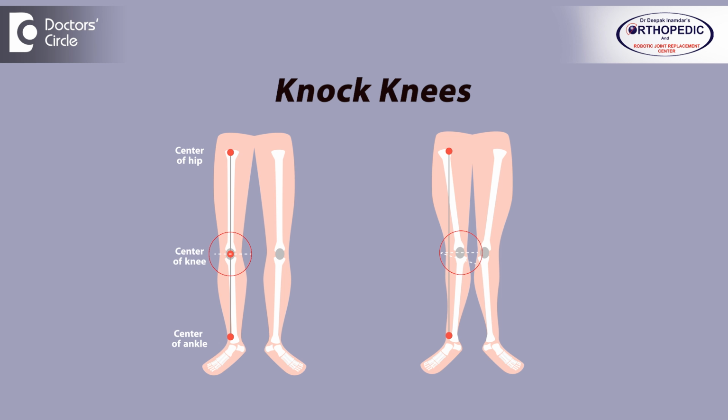The deformities which are commonly seen in arthritis are called either bow legs, which is very common, or in around 10% of the cases, knock knees. So these deformities indicate the arthritis is long standing, and the patient has been suffering from arthritic pains for 10 to 15 years at a minimum.